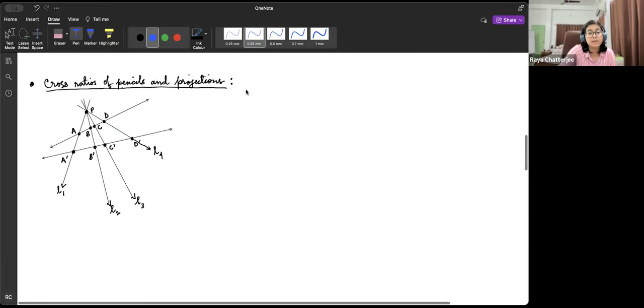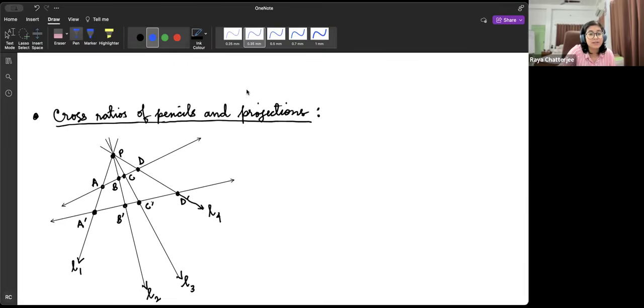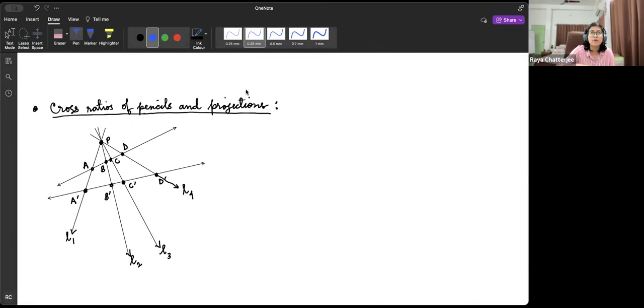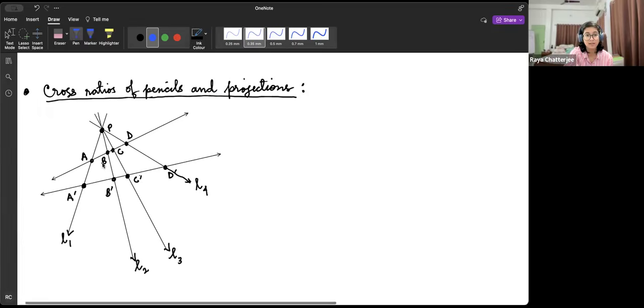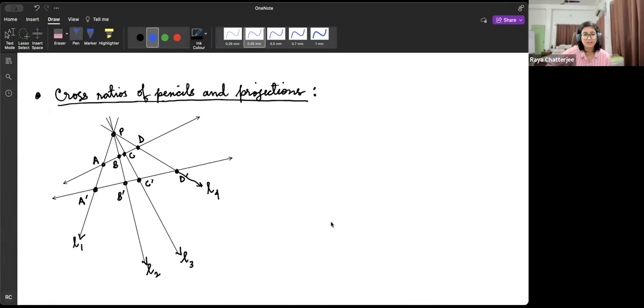So the next thing I want to talk about is, okay, we're doing projective geometry, but we are not projecting anything. So let's start projecting once we have the definition of cross ratios. The first definition here, okay, I don't like definitions, but I'm saying that these are definitions, but they in essence are not. So if you have 4 lines like these,